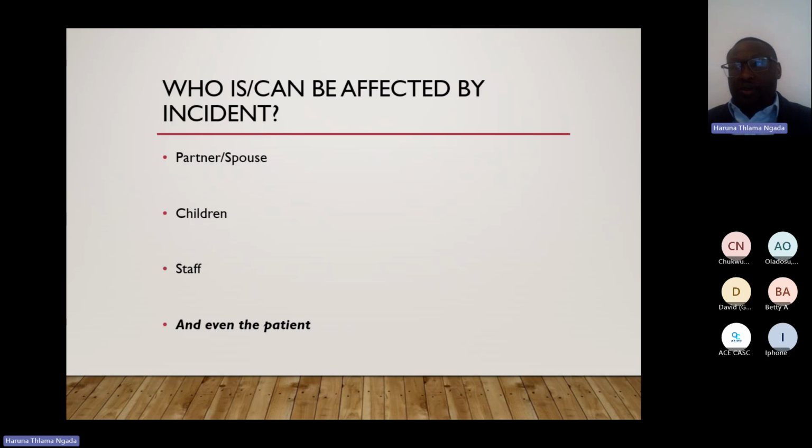So, did the person threaten their wife, husband, or partner? Are their children involved? Or is it an assault on the ward where staff were involved or were victims of the person's assault? And oftentimes people forget, for even the patient, for themselves, for yourself,